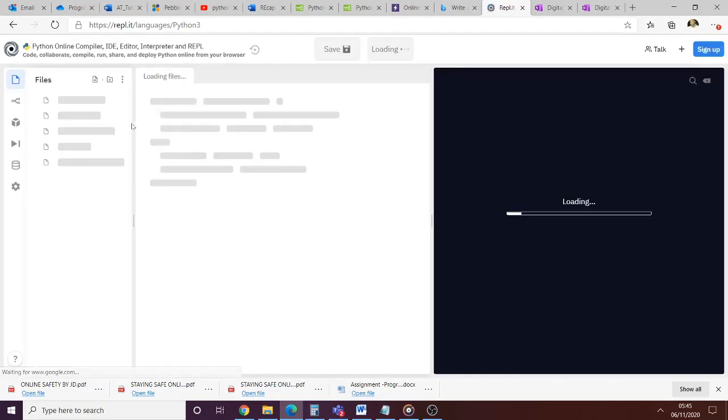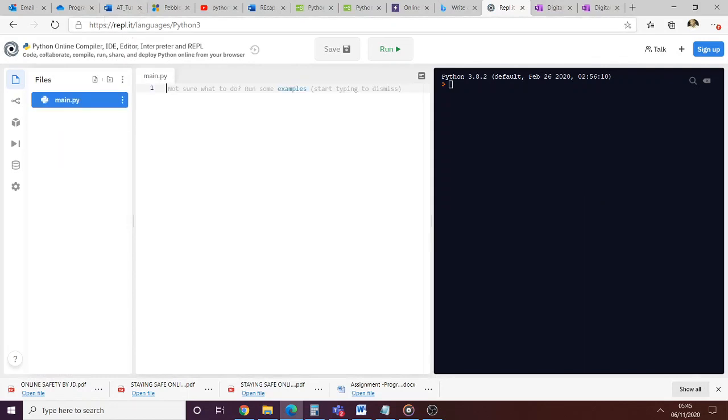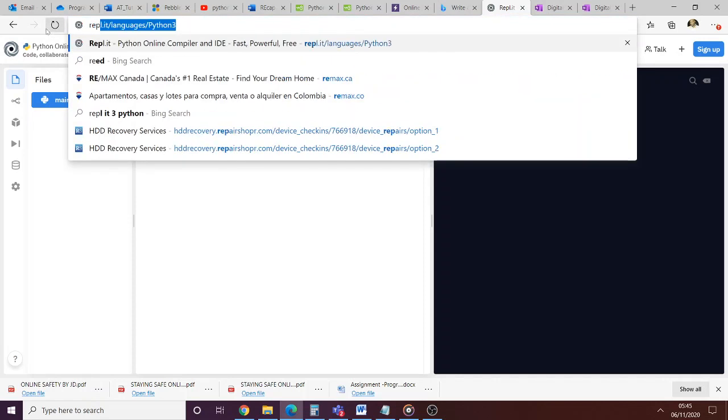So we select Replit. Sorry, my computer takes a little bit of time to bring this up. And it takes us to replit.com/languages/python3. Sometimes you do not get this. You may not get this at all. So you may have to go